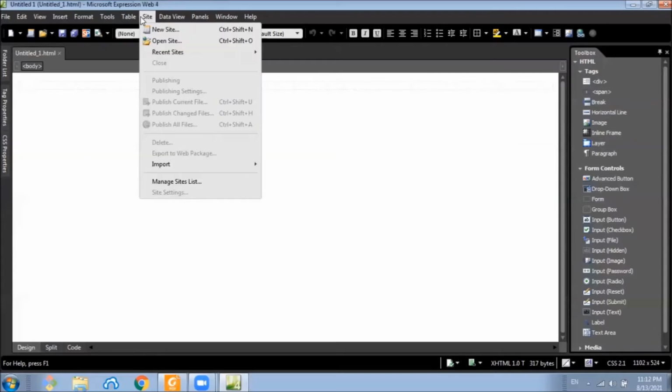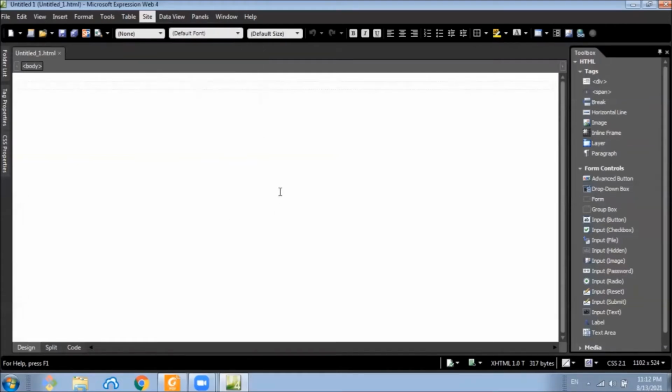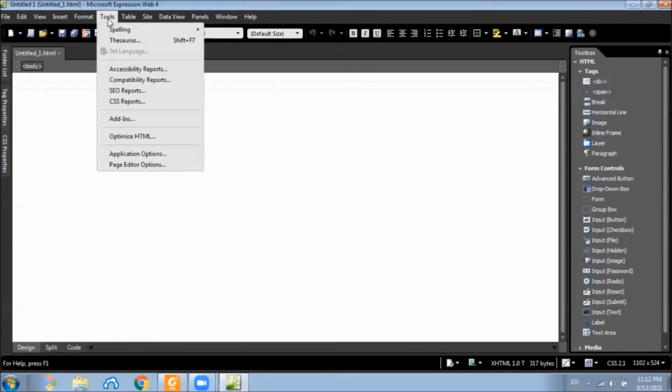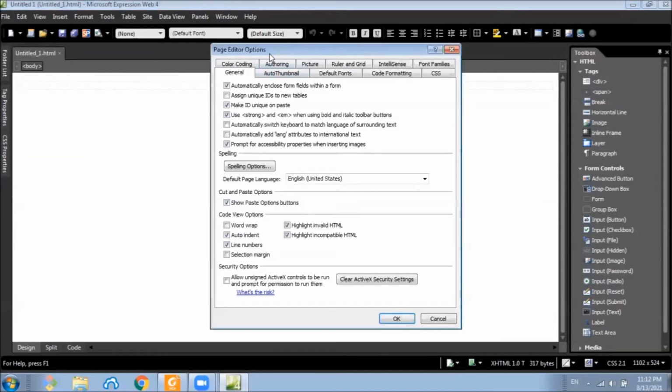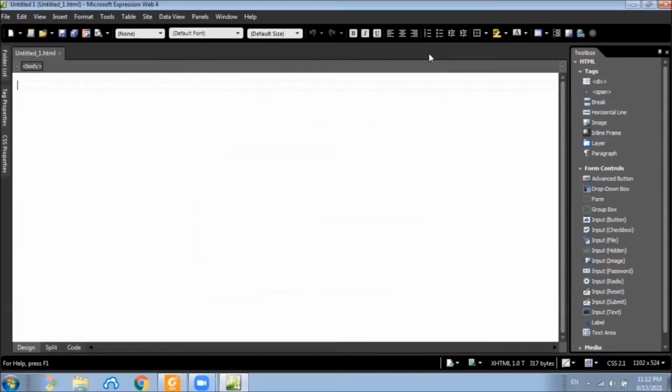If we have already opened a site, we can open the site settings and select our preferences. We can also go to tools and page editor. Here also we can set our preferences.